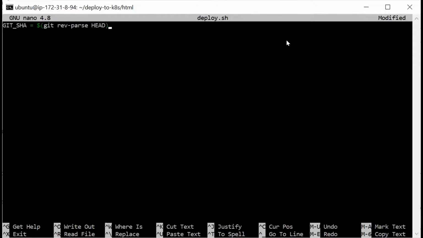Okay, so this command will be helpful for us to get the hash of the recent commit. Okay, then the next step is to build the Docker image, right? Build Docker image with the recent git commit hash.